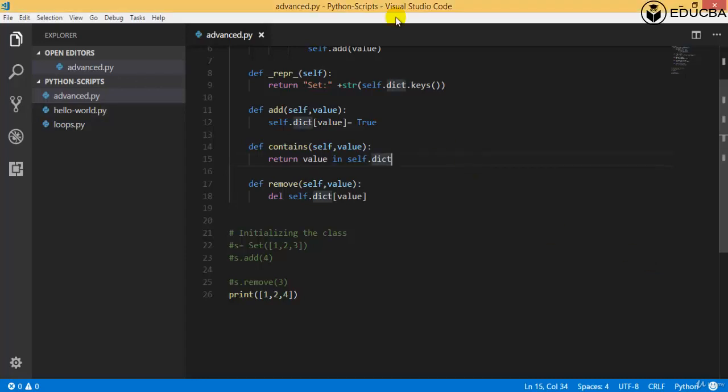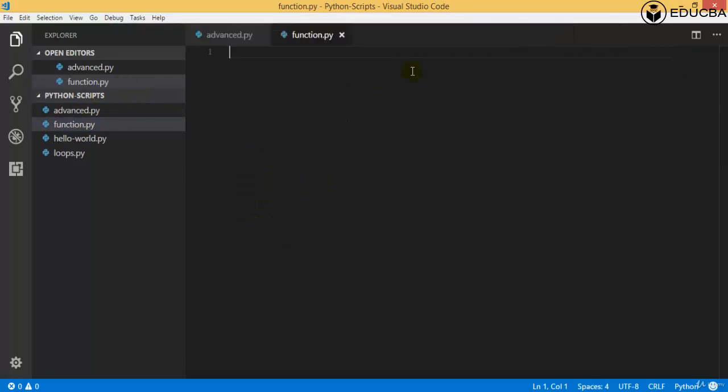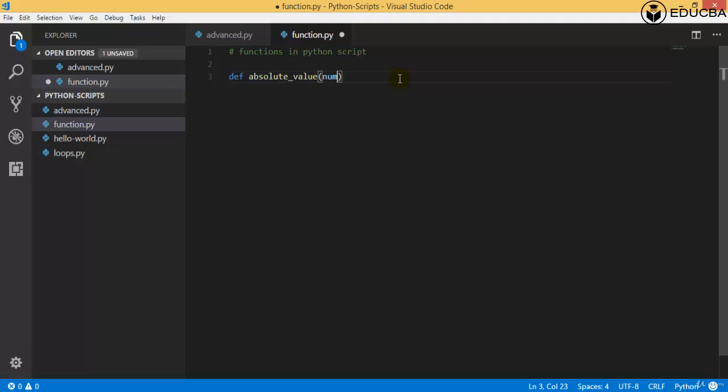Let's focus on creating the functions for Python, and for that I'll create a file named function.py, and over here we will be creating our functions. So starting with the first function definition, first of all I'll mention a comment, functions in Python script. So the first thing we need to do is def absolute value with the parameter of num,